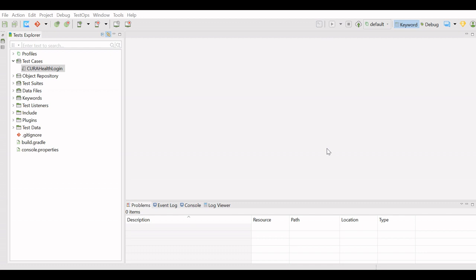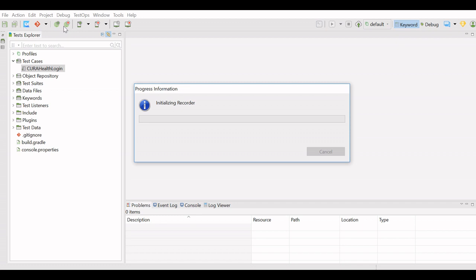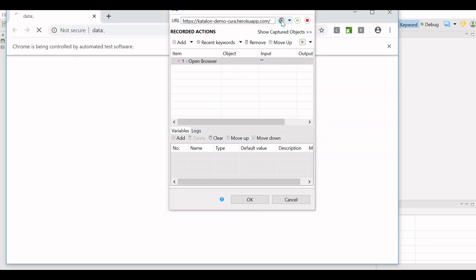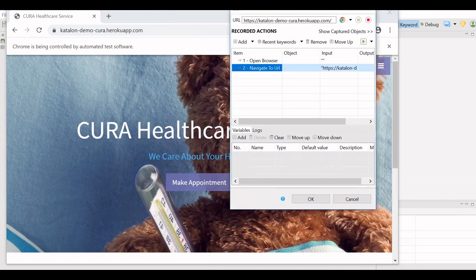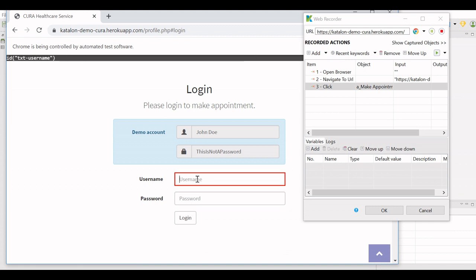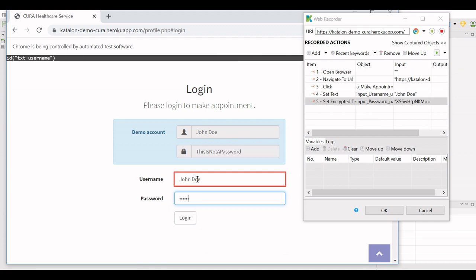To explain checkpoints, I will record one script quickly, using the same Cura Health application. This time I am recording it again as I want to record it till the make appointment.